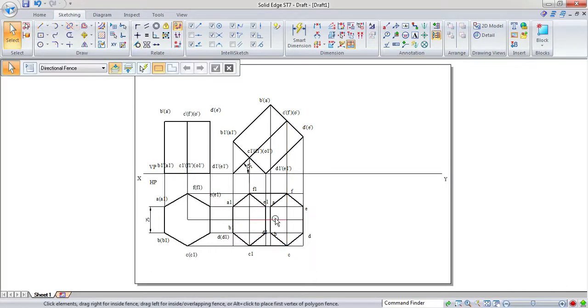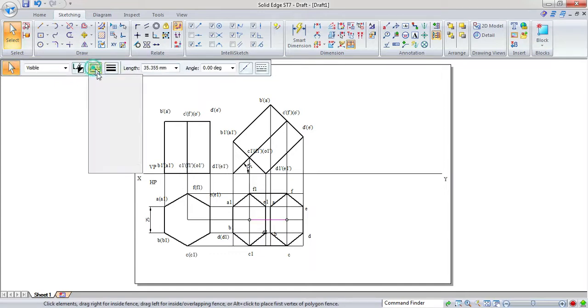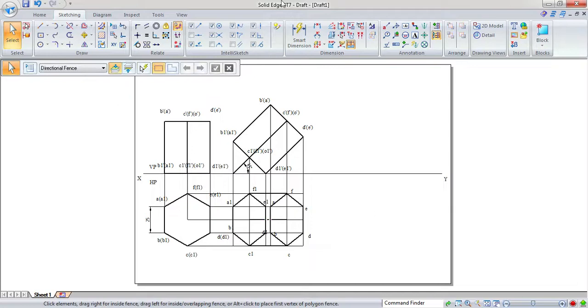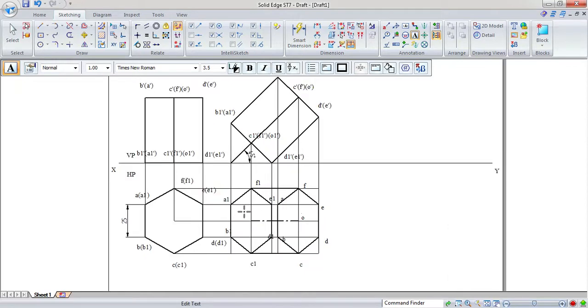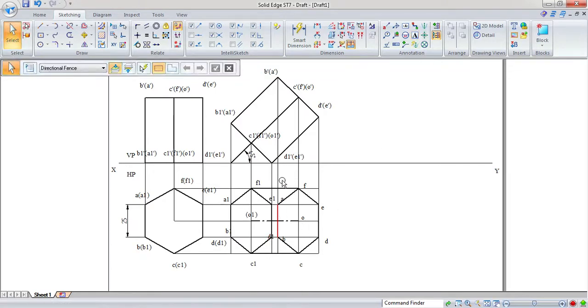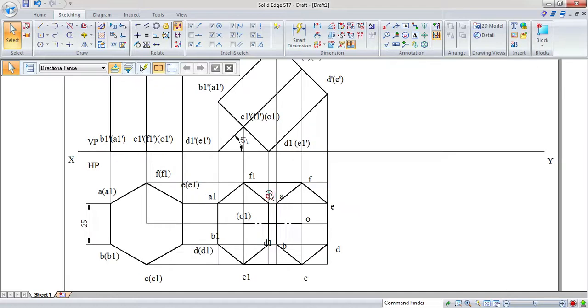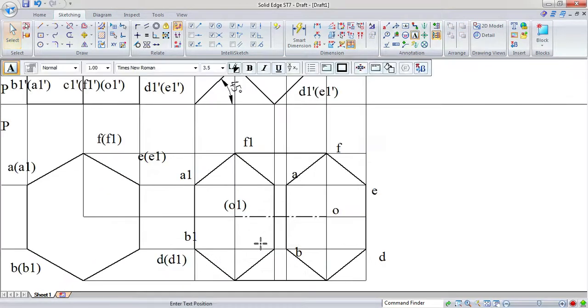Now this is the axis line that I wanted, and I'll make it thicker. Then write down the annotations also. Now this will be O and this will be O1. So O1 is not visible when you are looking from the top, and in the same way D1 and E1 are also not visible. So that's why we need to write those annotations within the bracket.